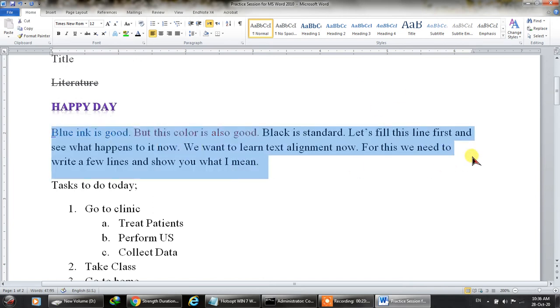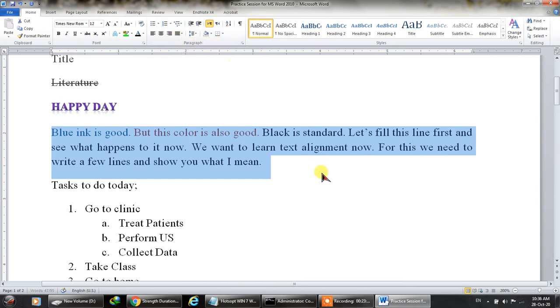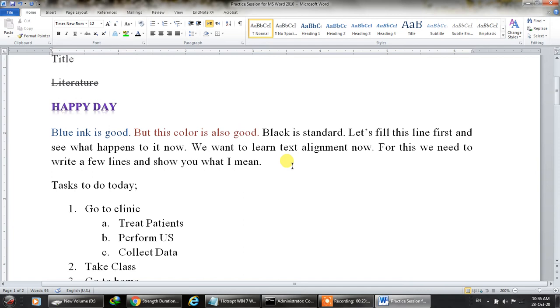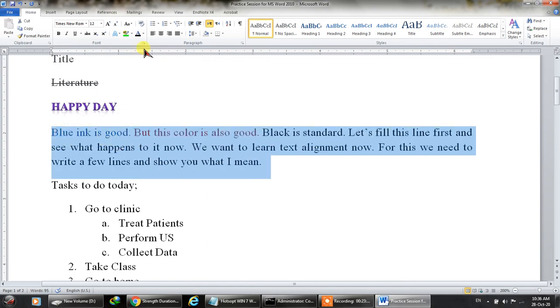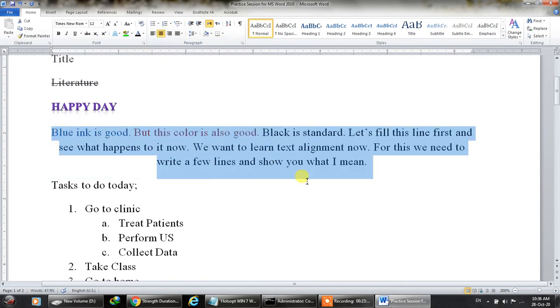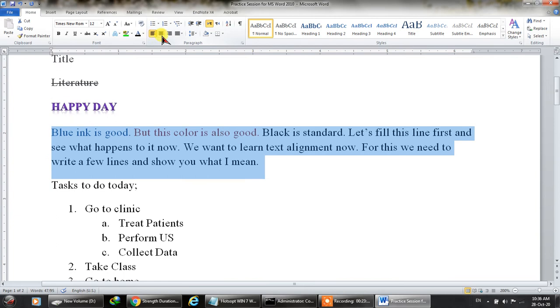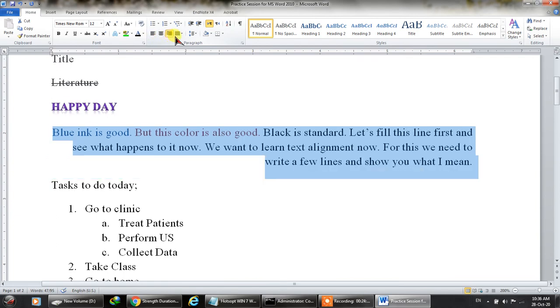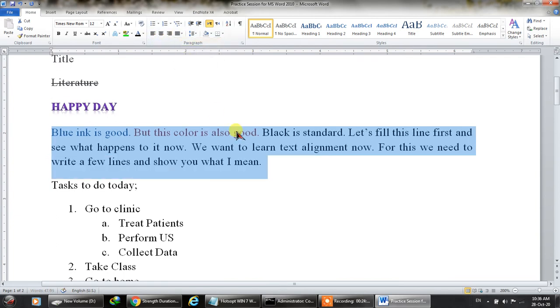So what you can do, you can select all that and you can click justify. Now have you seen the difference? It has aligned the lines and the last line will end to the point where it ends. Okay, I don't want that. I want it to be centered. Now see, it is aligned centrally. Okay, I want it to be on the left hand, it will be like this, on the right hand it will be like this, but normally we go to justify.